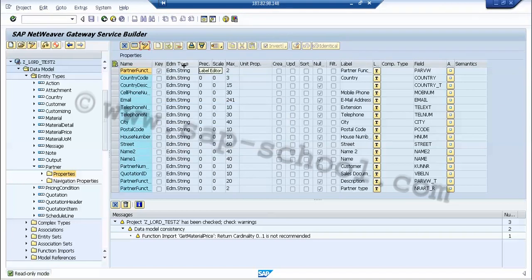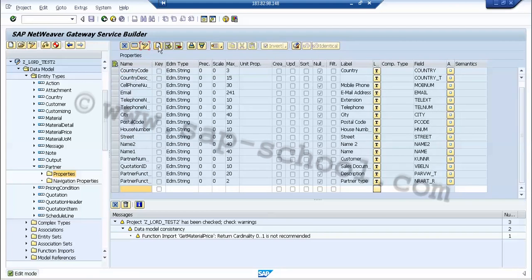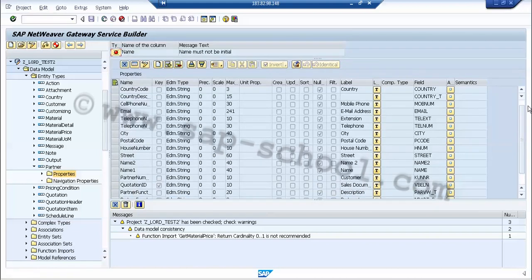And then we can click on the append row button to add the new property. So we have to enter the details now. In the name field, let's say I want to give the name as title.